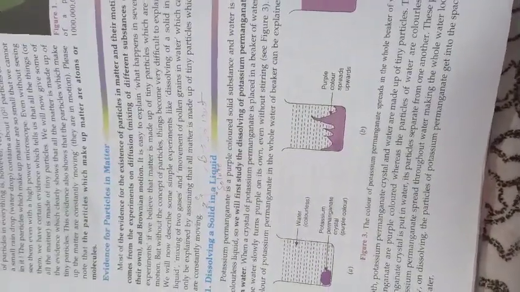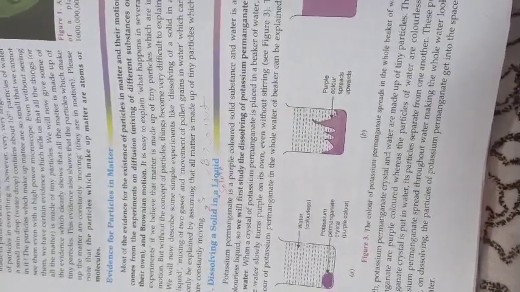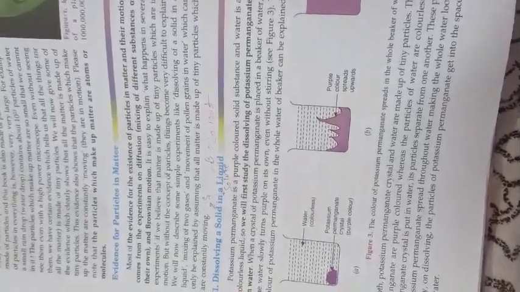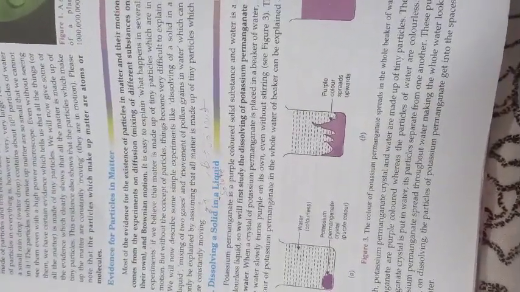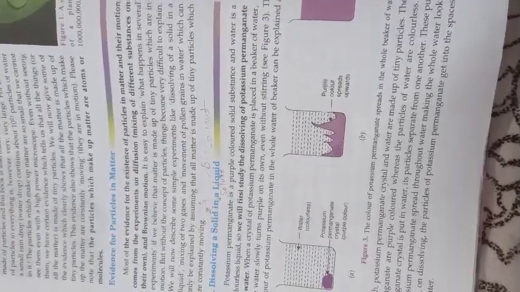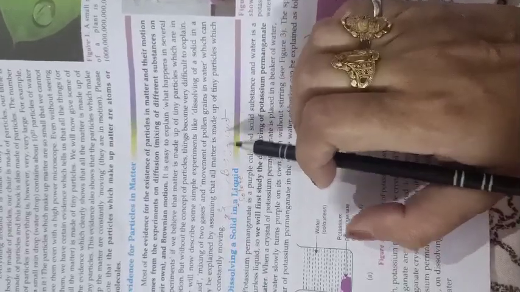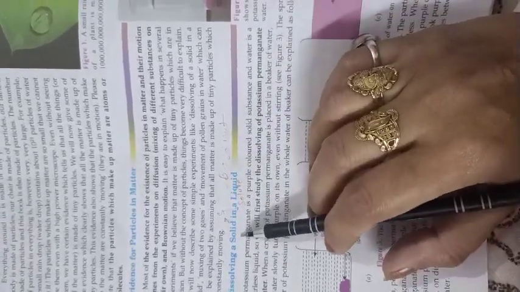And we have put in 1 or 2 spoons of sugar. We will not put in a glass of sugar, only 1 or 2 spoons, so it is in a lesser amount. It means the sugar is the solute. The thing in the lesser amount is the solute, and the water, which is in a larger amount, is the solvent. So the solid here is the solute and the solvent here is a liquid.